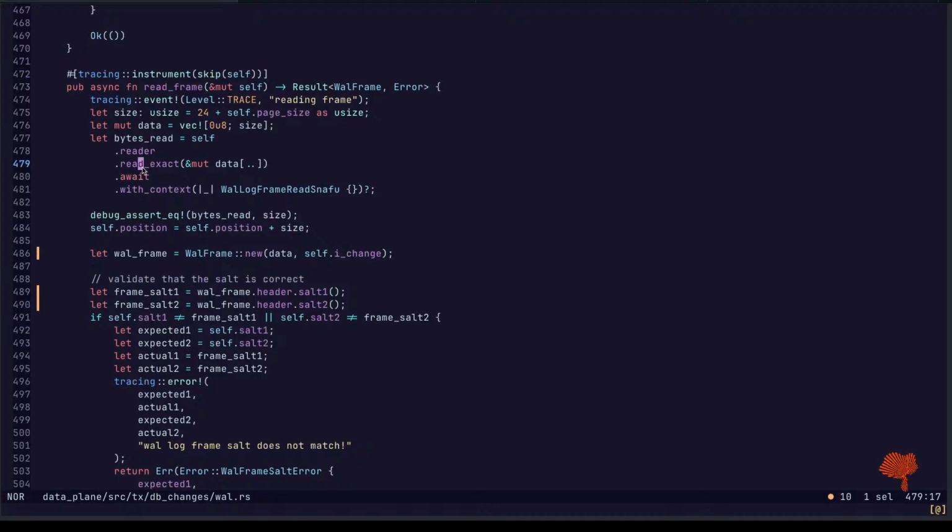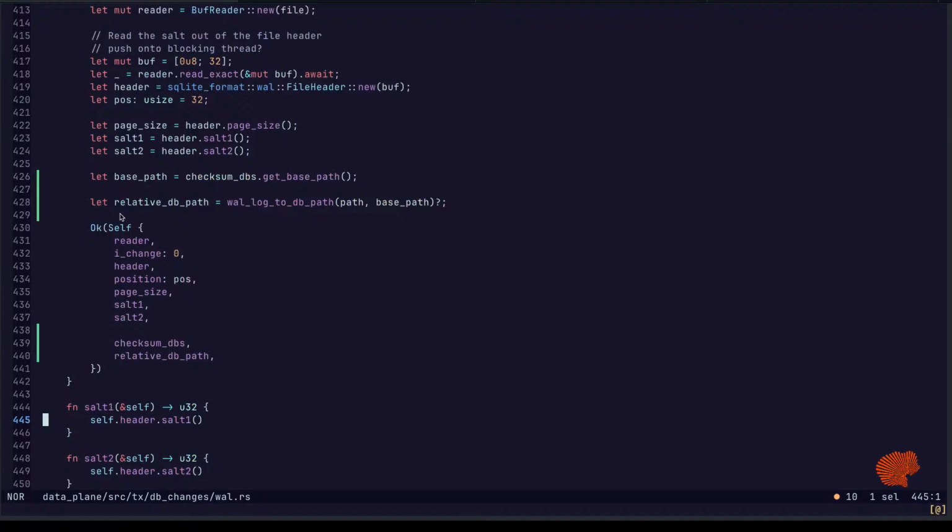What's bugging me about this is having to look up over and over again the path in the database. I just want to hold on to this.